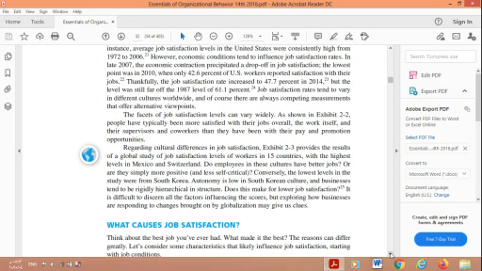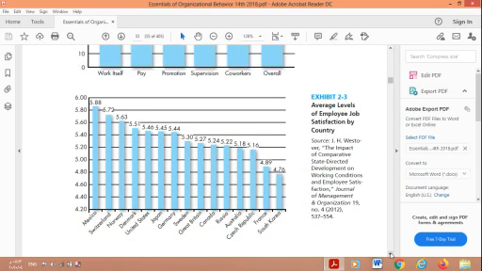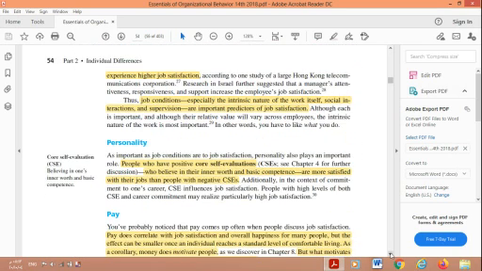Another topic we want to talk about in this lecture: what are the main causes of job satisfaction? The first one is the job condition. What do we mean by the job condition? It is the intrinsic nature of work itself, social interaction with co-workers and supervision,